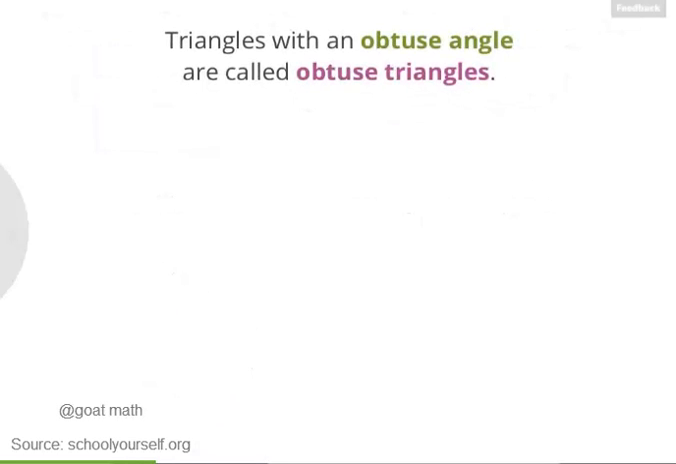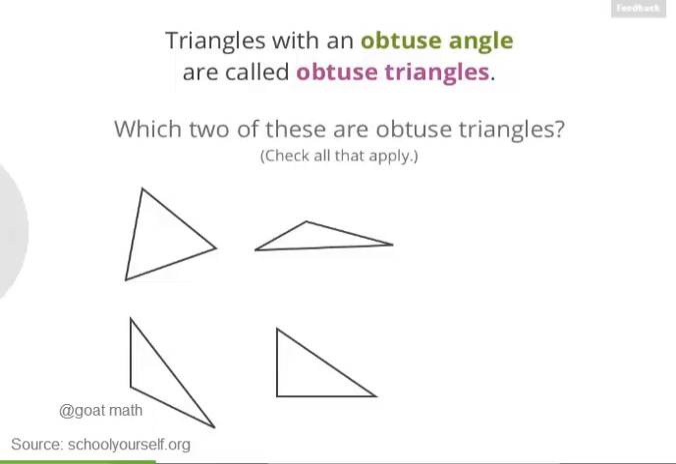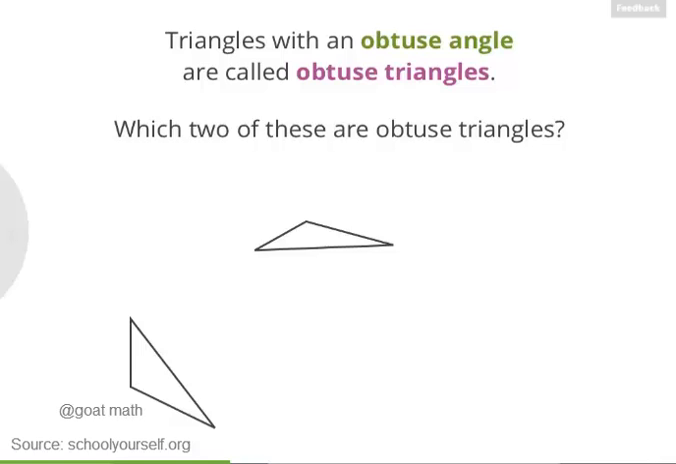Now any triangle with an obtuse angle is also known as an obtuse triangle. Remember, an obtuse angle is any angle greater than 90 degrees but less than 180 degrees. So of these four triangles down here, which two are obtuse triangles? And to review obtuse angles, you can click over here. Nicely done. These two triangles are obtuse, and here's the obtuse angle in this triangle,